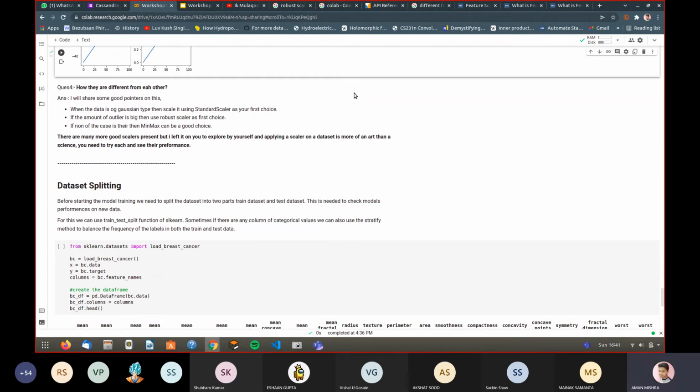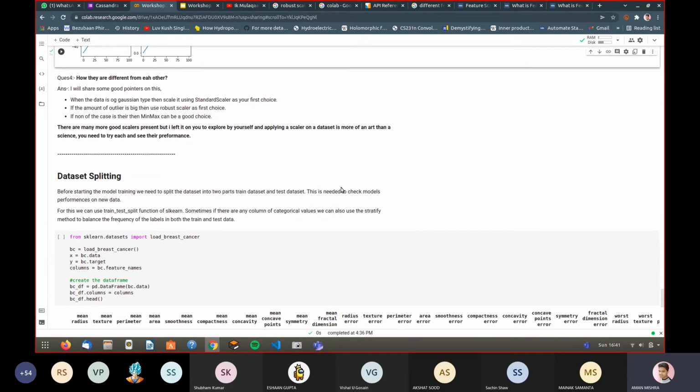You've scaled your features, removed the outliers, done everything about your dataset. Now your dataset is completely fine. More things will come in future workshops, so you need to do them in between. But let's come down to one step above model prediction, which is dataset splitting. Now your dataset is well prepared for loading into the model. Then you need to do one thing.